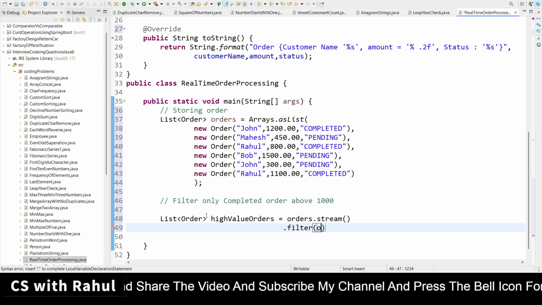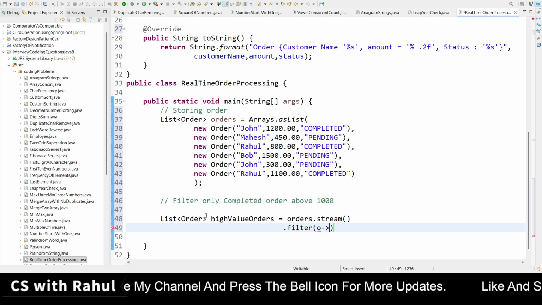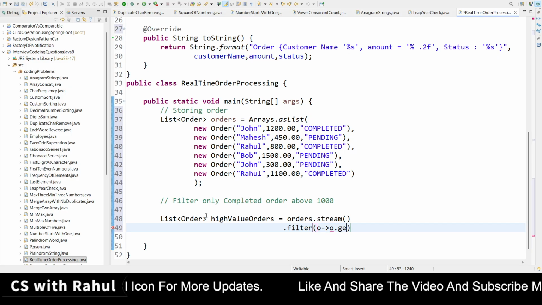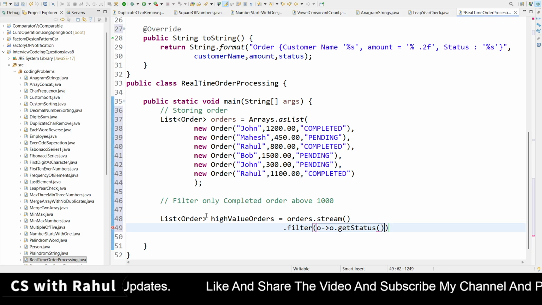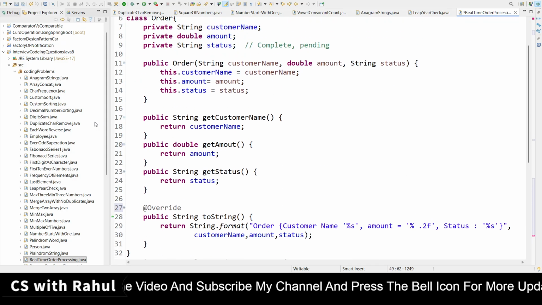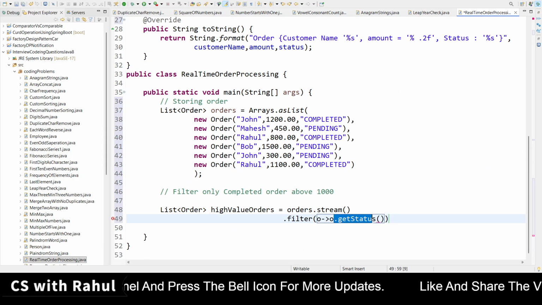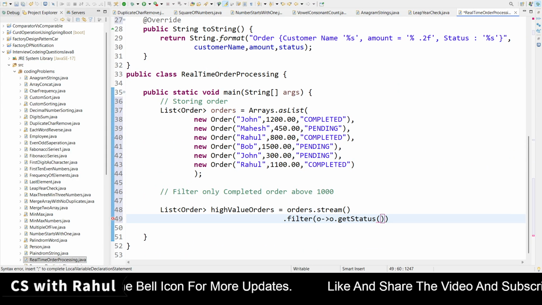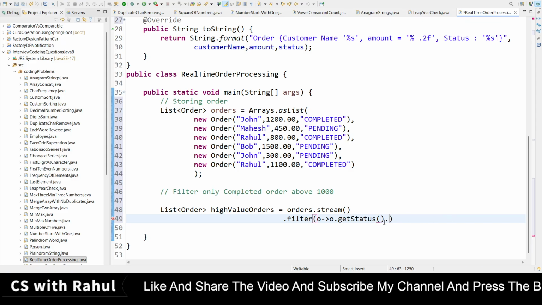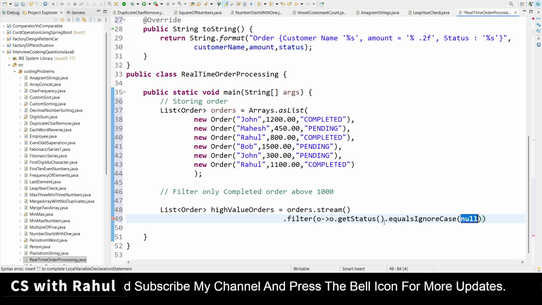Then we use a lambda expression, another feature. The first feature we used is the Stream API, another is filter, and in this filter we are using the lambda, right? Order o will create an object, and then o.getStatus. Here getStatus, getCustomer, getAmount we have created, and that same thing we are calling here. We call equalsIgnoreCase, which means whether the status comes in upper or lower case doesn't matter.